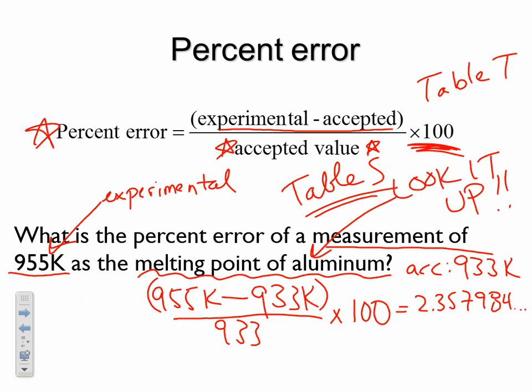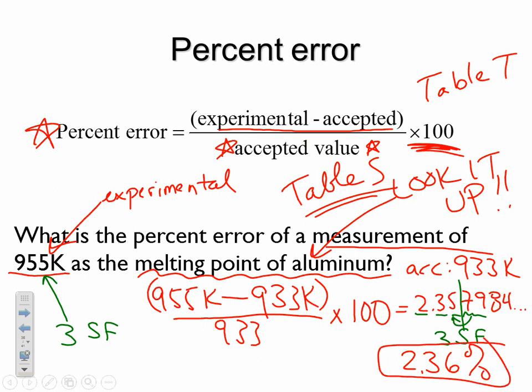Now we want to round this to the correct number of sig figs. So how many sig figs should our answer have? Well, 955 is the number in the problem, so that's what you want to base it off of. 955 has 3 sig figs, so I know I'm going to need 3 sig figs in the answer. It's the same as the least number. So you always take the first 3. So 1, 2, 3, I'm going to keep those, chop it off there, and then think about rounding. I look one place out, and that's a 7, which is higher than 5, so I'm going to round that number up. So 2.36%,